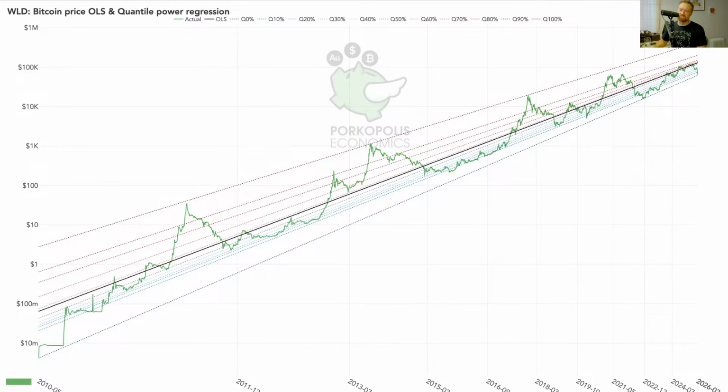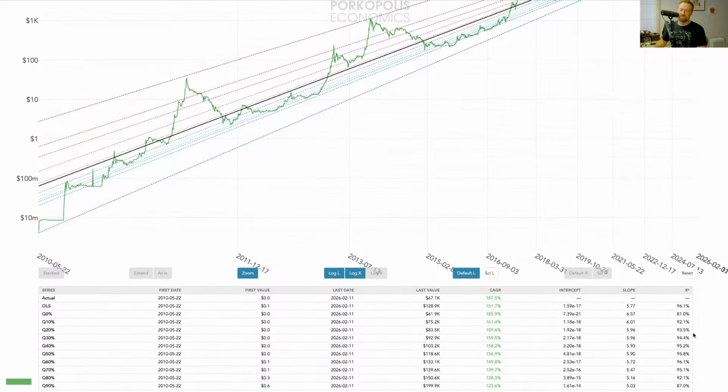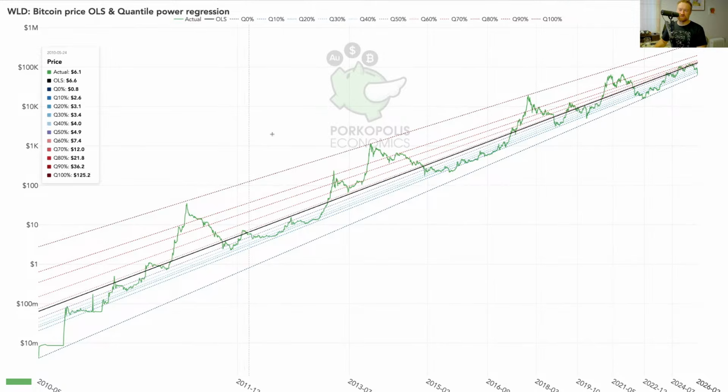But again, when you see this on log, I think it makes a lot more sense. And get some stats down here for the different things, so you can see like these different bands would have different R squared. So this is a quantile regression. Now this is not the multiple that I usually do, but it's an OLS, which I always have, plus the quantile. So these lines are always going to be straight, but at different sort of angles, depending on the data.